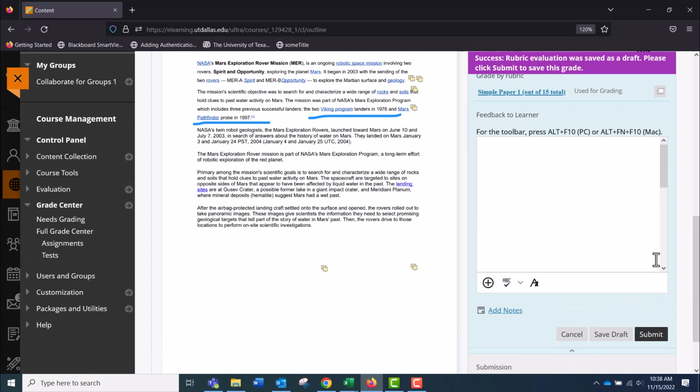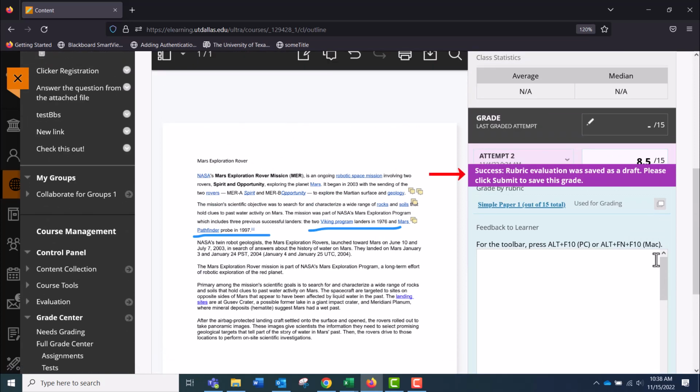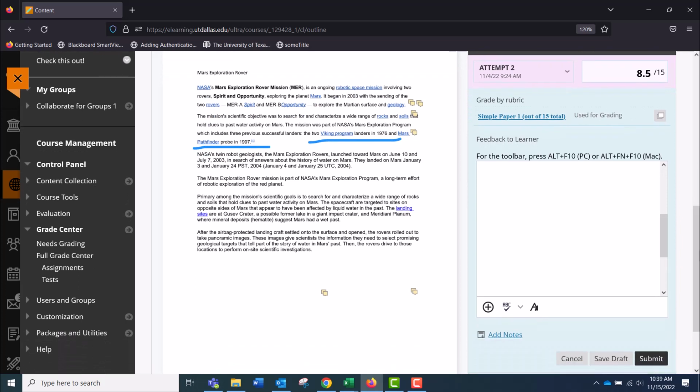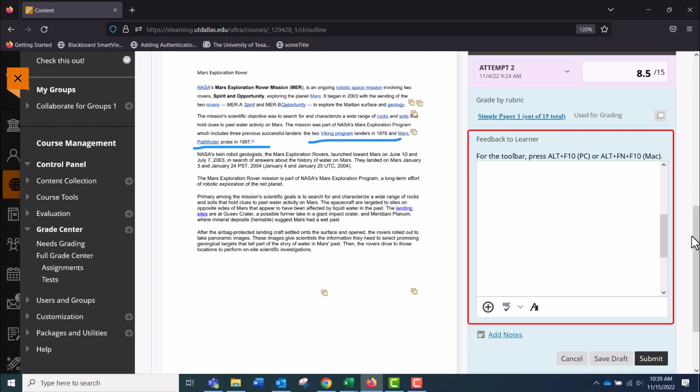You will notice that the system tells me that it saved a rubric evaluation, but it has not submitted a grade. Before we submit the grade, let's review the additional feedback for students in the Grade Center. If you don't use a rubric, then this feedback box will let you make additional notes as to why a certain grade was given.